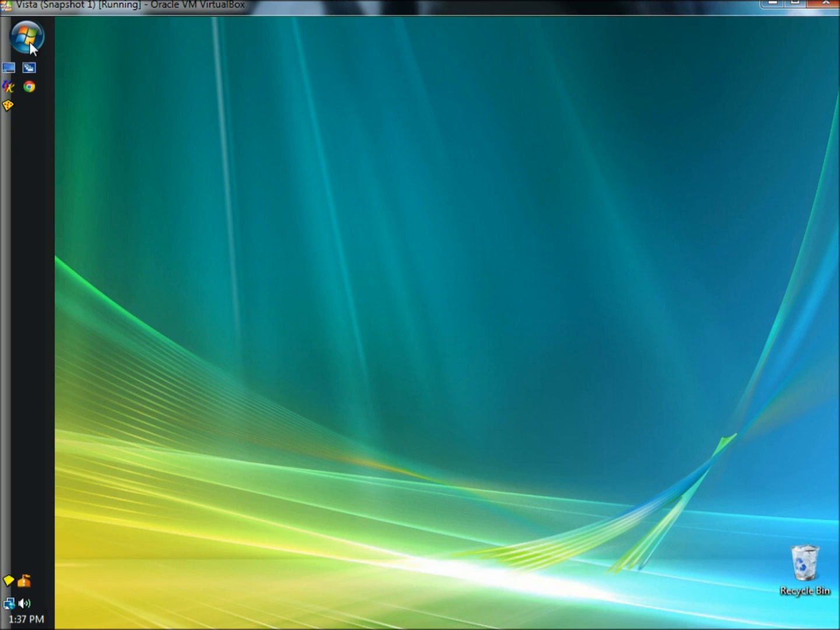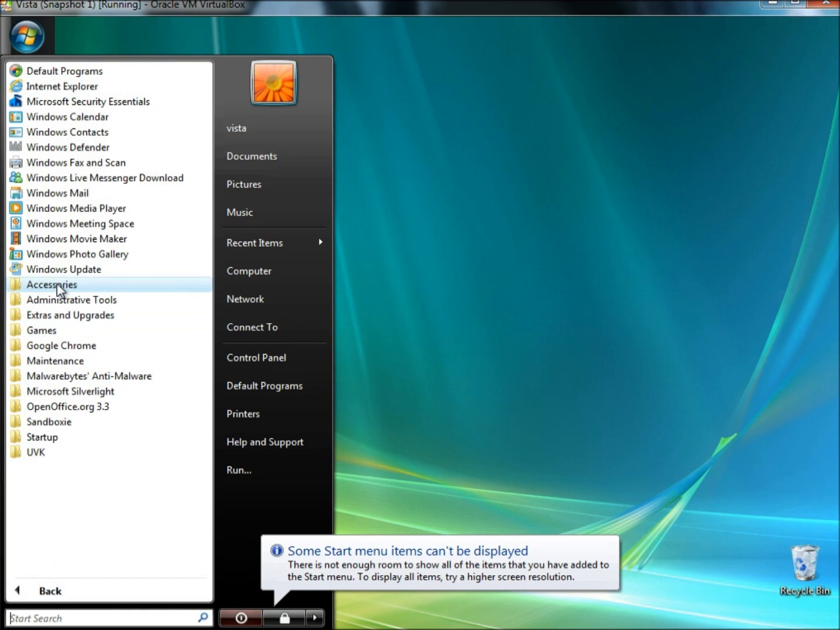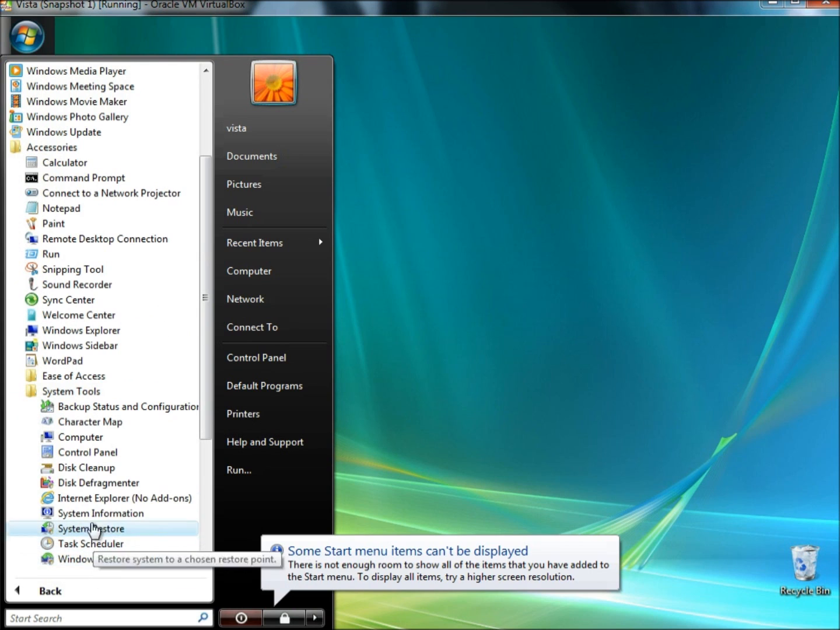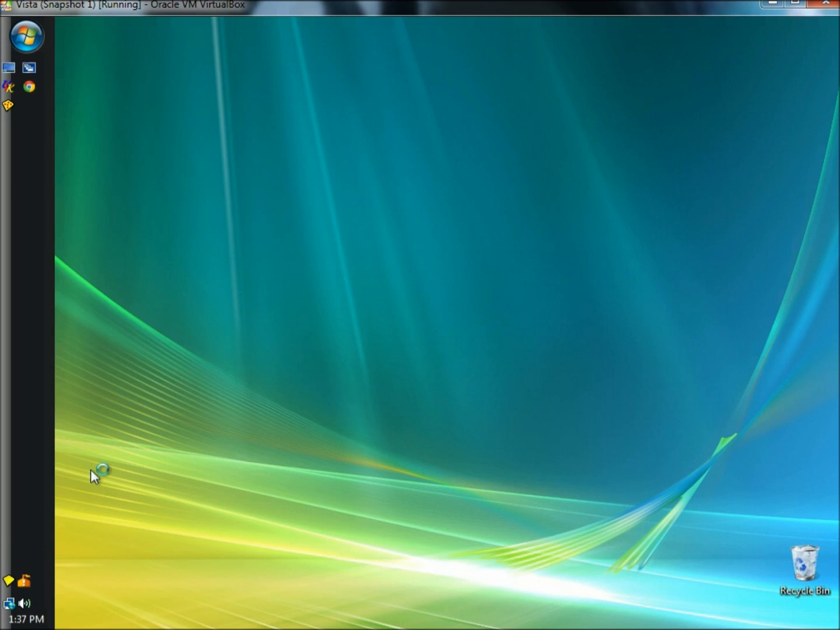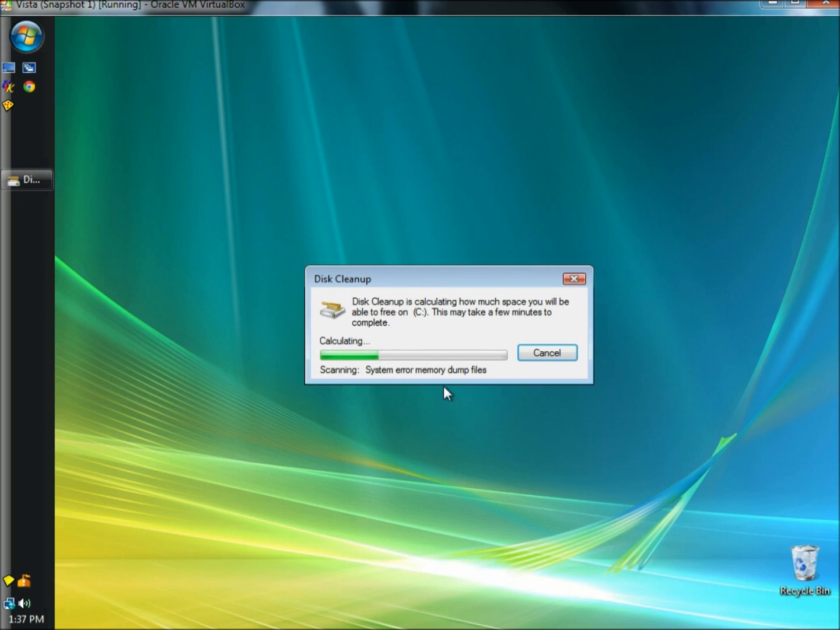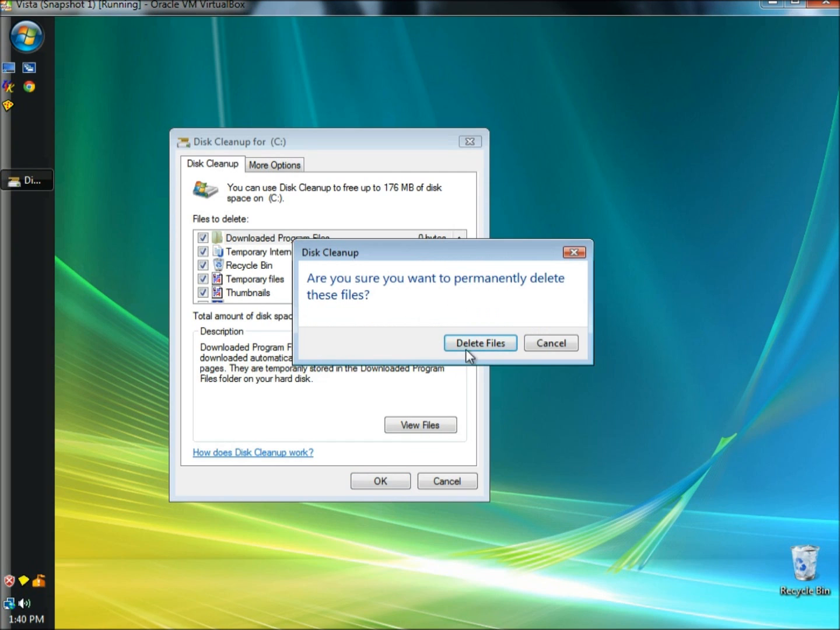And I'm going to go to the Start menu, All Programs, Accessories, System Tools, and then I'm going to click Disk Cleanup. I'm going to choose Files from all users on this computer, and Disk Cleanup will begin scanning for unnecessary files. Once the scan is complete, you can choose which files you want to delete. I'm going to leave all mine checked, and I'm going to click OK, and then I'm going to click Delete